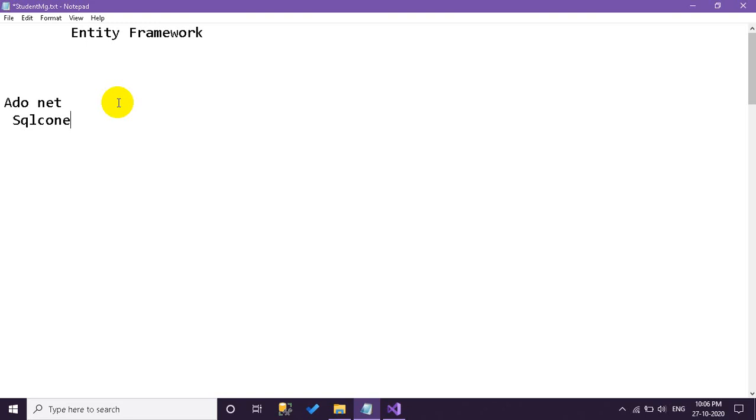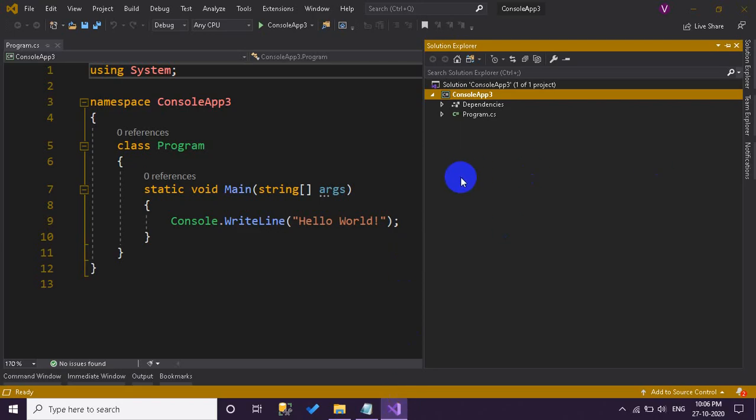So Microsoft has come up with the idea of Entity Framework. Entity Framework will give you a set of classes, and by using these classes we can easily communicate with the database. It also reduces the use of queries to a certain extent. Instead of queries we have a different kind of technology here called LINQ. I will explain that in later videos. Let us go back to our Visual Studio and do some work.